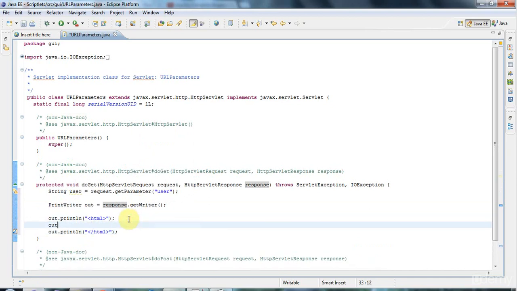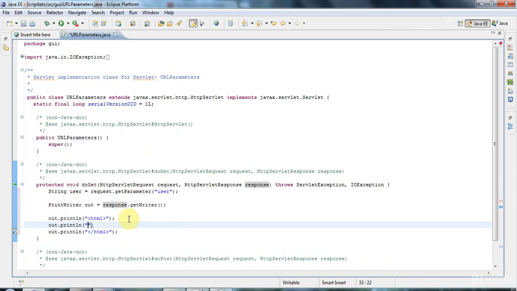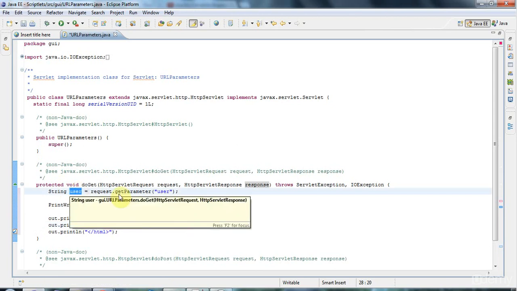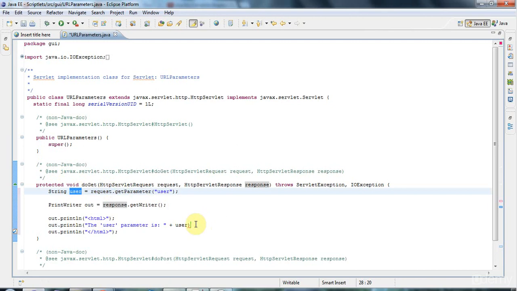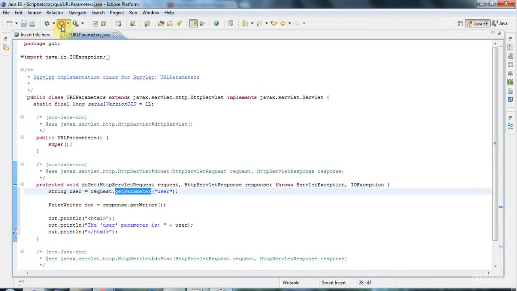So let's say out.println, and I'm going to say "the user parameter is", and let's just use the plus there and say user. So that's this variable here that I'm filling in using request.getParameter. Well, I'm pointing it at the string returned by this technically. So now if I run this,